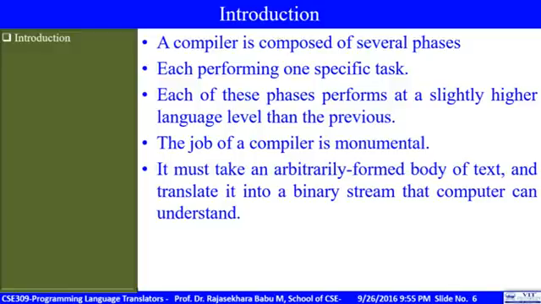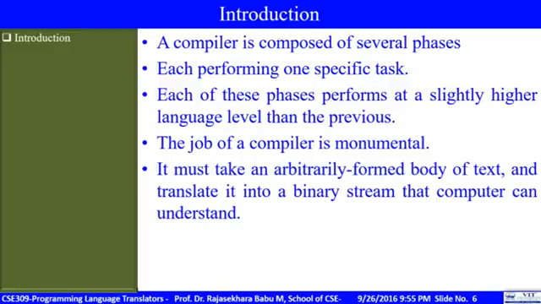So if there is an error at any point, then we need to check from the starting point to the end point of the compilation process. Instead of doing that, if you divide this compilation process into multiple tasks, multiple phases, then we can identify what kind of error it is, in which phase it occurred, and how to fix that error. These points will help us in the compilation process very easily. That is why the compilation process is divided into multiple phases